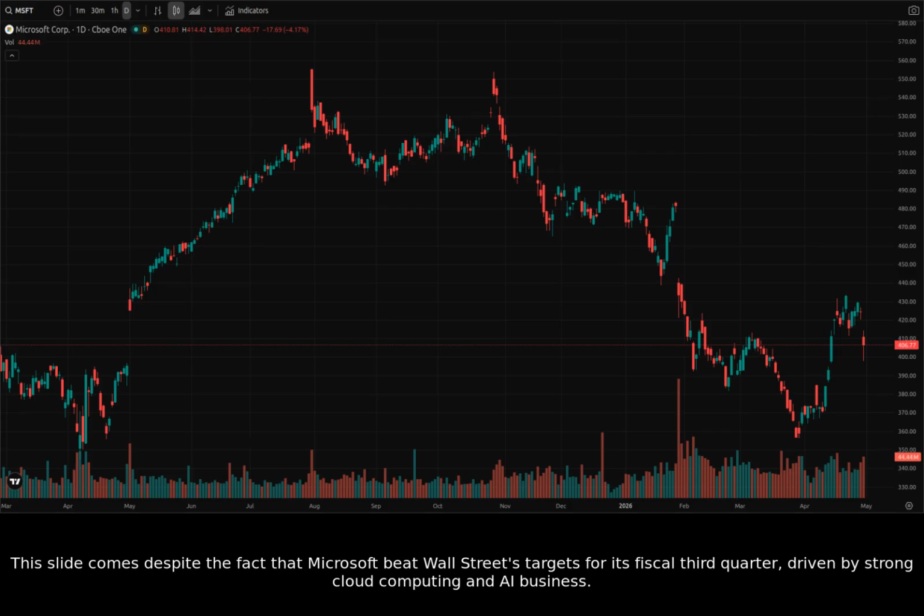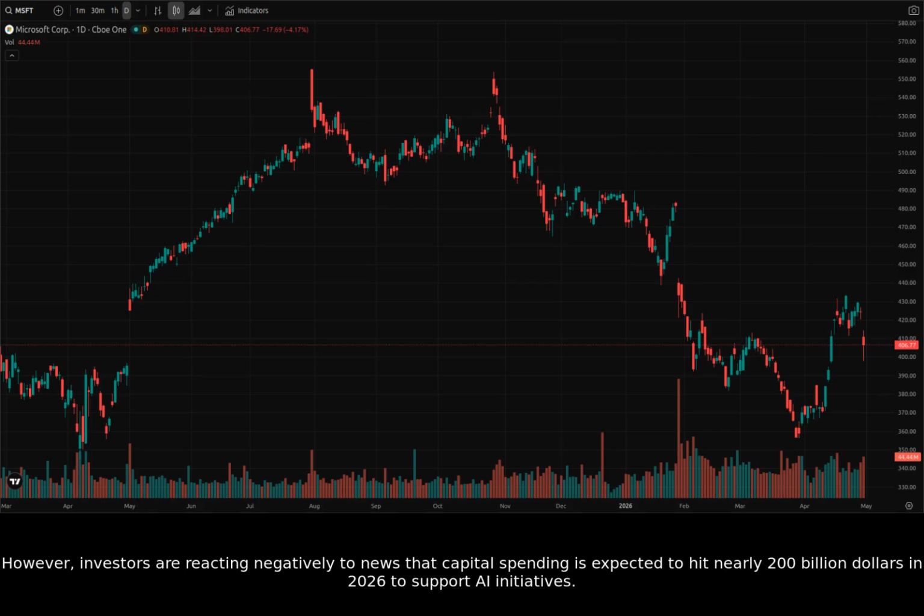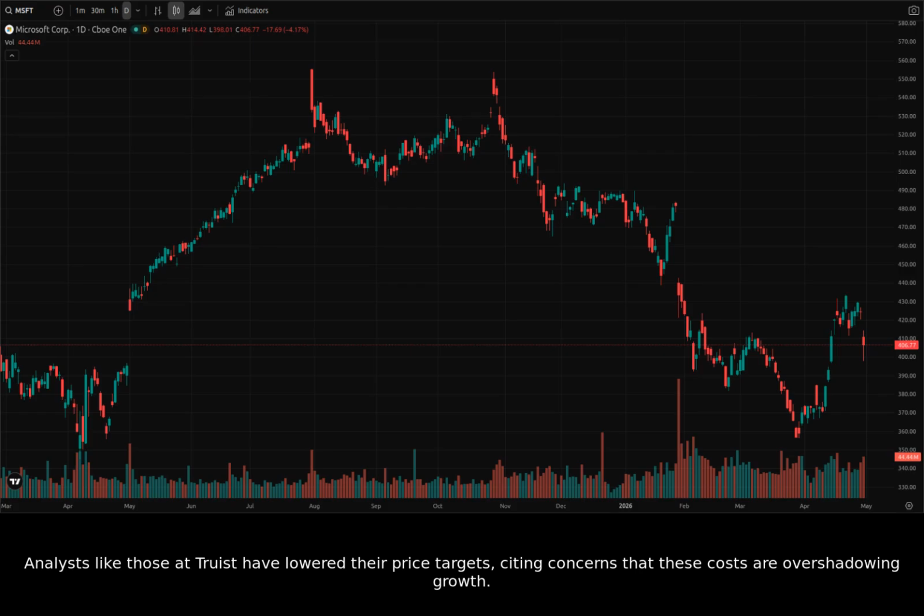This slide comes despite the fact that Microsoft beat Wall Street's targets for its fiscal third quarter, driven by strong cloud computing and AI business. However, investors are reacting negatively to news that capital spending is expected to hit nearly $200 billion in 2026 to support AI initiatives. Analysts like those at Truist have lowered their price targets, citing concerns that these costs are overshadowing